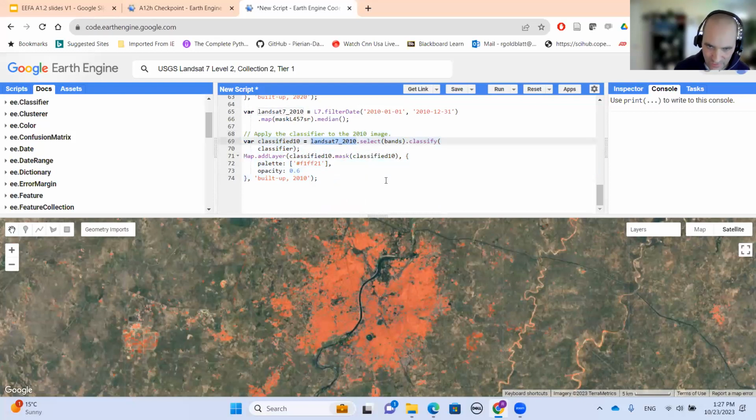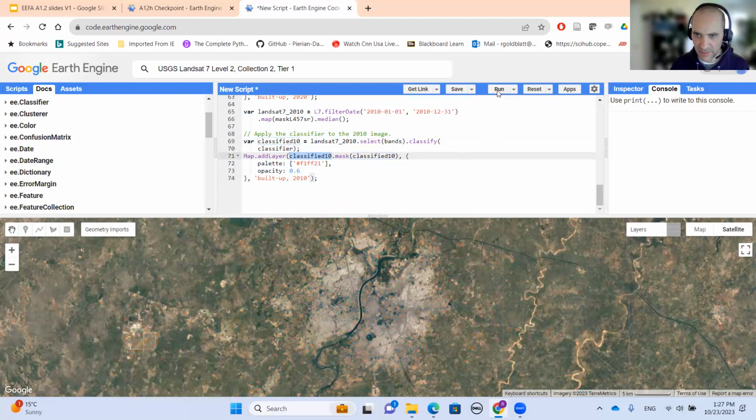Landsat 7 2010, selecting the bands and classifying using the classifier, similarly to what we did with the 2020 composite classification. Here we will mask the layer by itself because we only want to show those pixels with a value 1, meaning built-up land cover. I will click on Run,